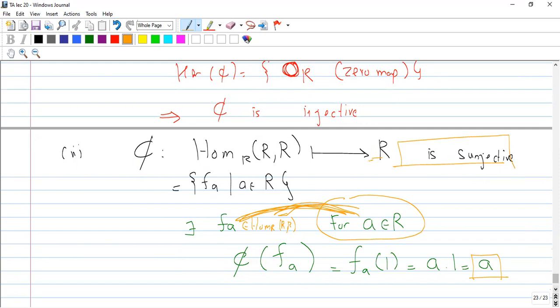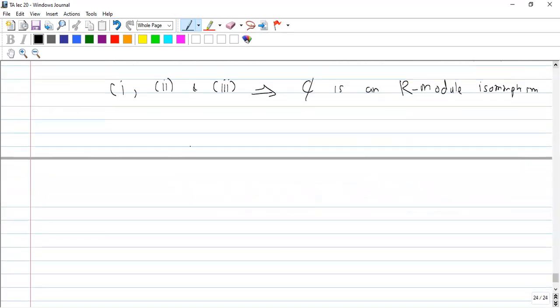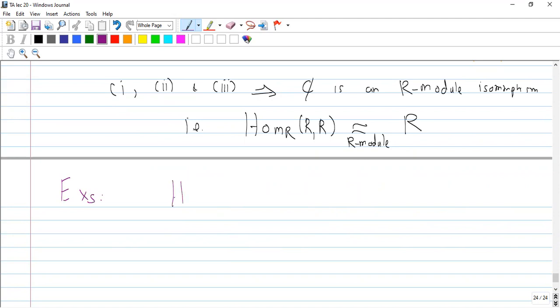So now 1, 2, and 3 imply that phi is an R module isomorphism, that is, Hom of R, comma R is R module isomorphic to R. So class, in the same way, the next exercise you can prove,